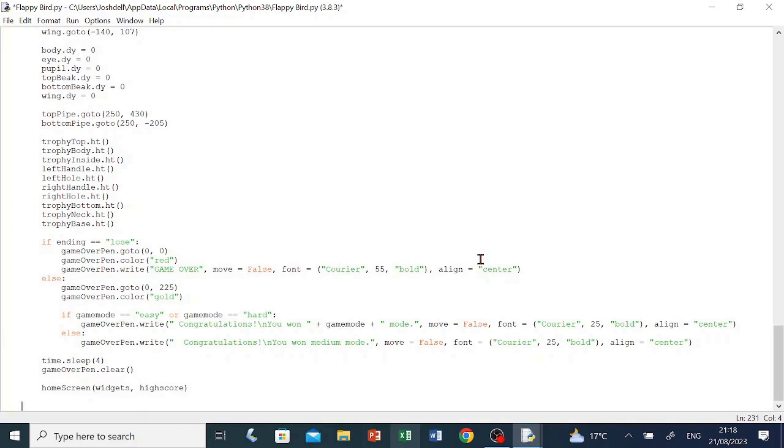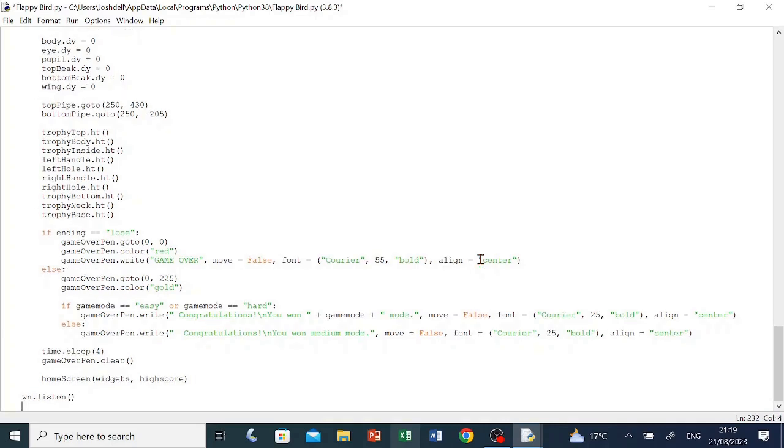Now we're going to create the key bindings. The key bindings are where we bind the keys on the keyboard and on the mouse to any functions or procedures in the program. So first of all, before we bind, we have to do wn.listen, open brackets, close brackets, enter. Now we can set the bindings. So the first binding that we're going to do is flying with the spacebar. To do that, type